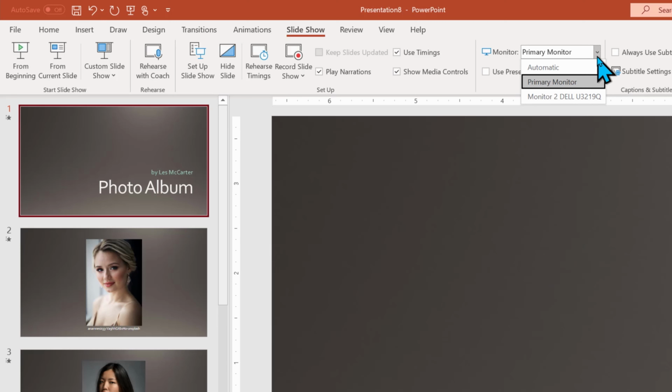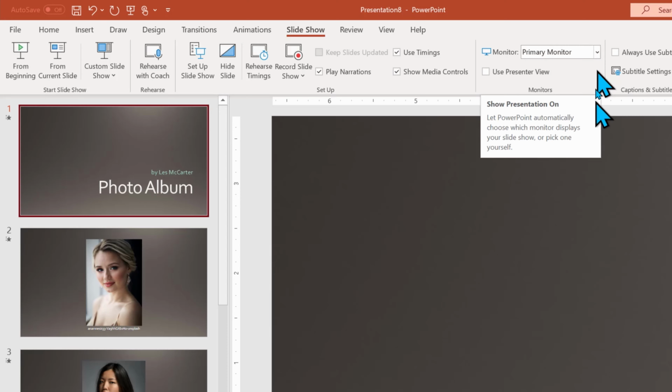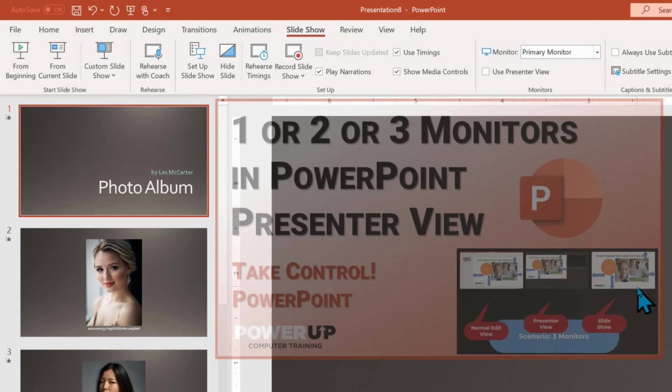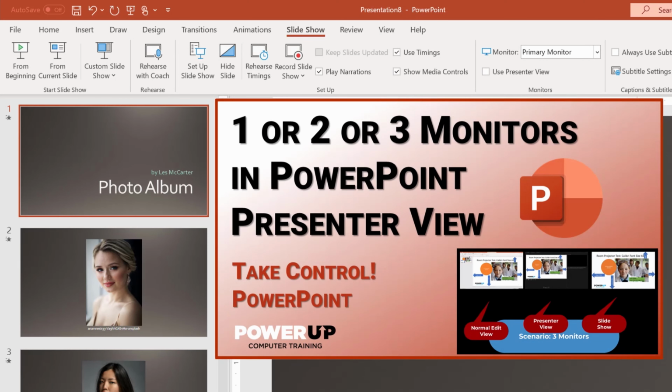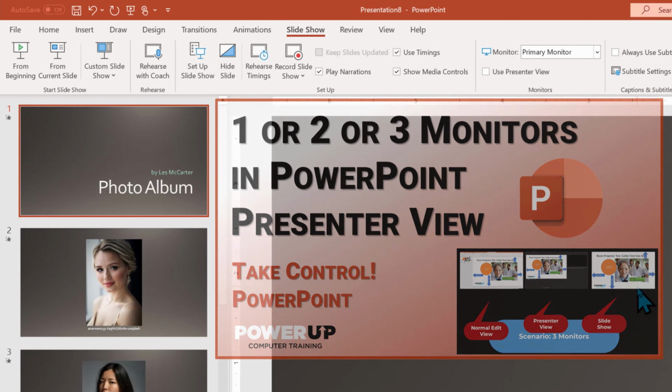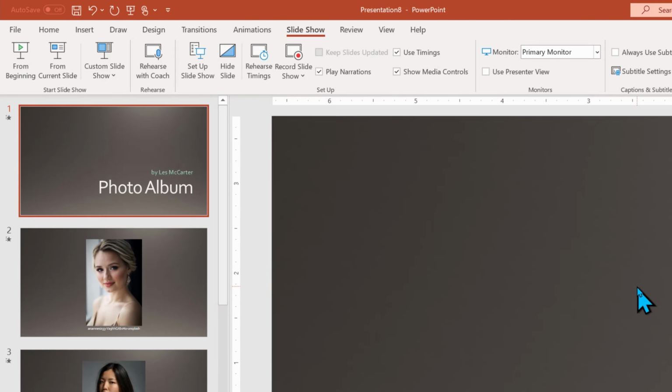This will only work if the target device is currently connected to your computer or laptop, so you may need to use this step only when you're at the presentation venue and you're connected to the big screens. If you need more help on working with multiple monitors, look at this tutorial listed above.